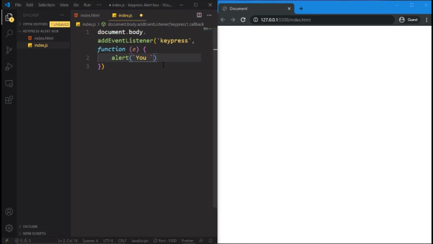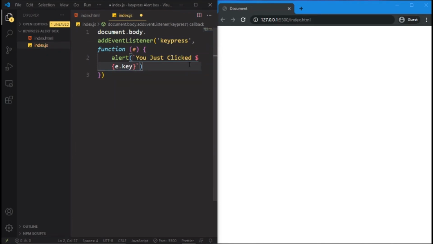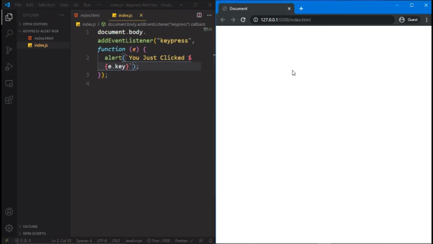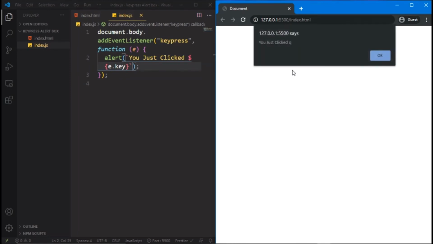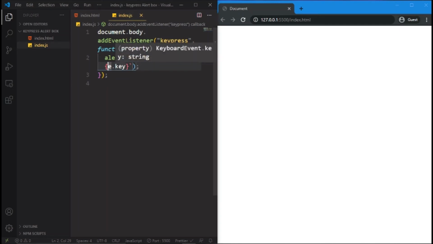you just clicked, and over here we are going to type e.key. Let's check it out. We just click any key on our keyboard. I'll click on Q. You just clicked Q. Wow, nice. And after that we are also going to do something else,